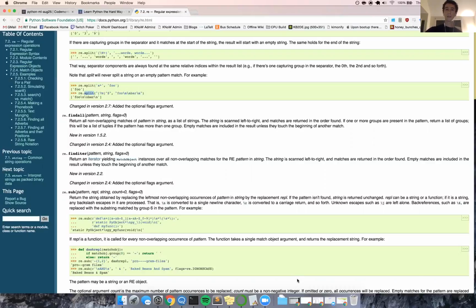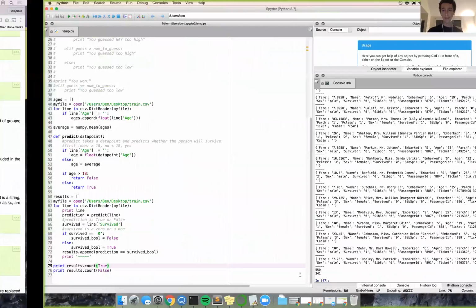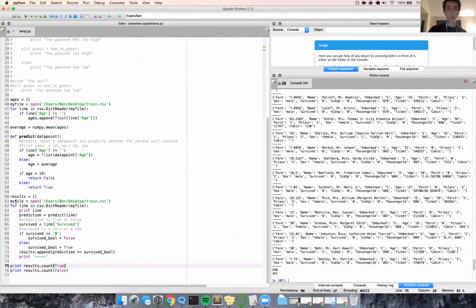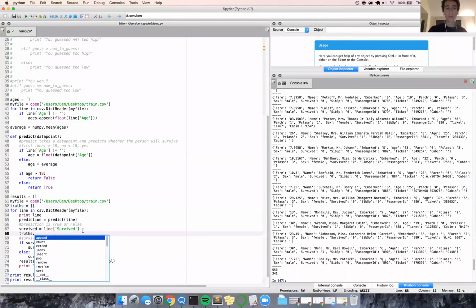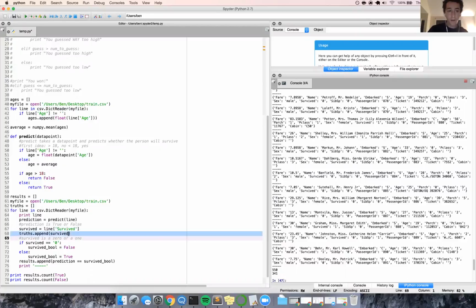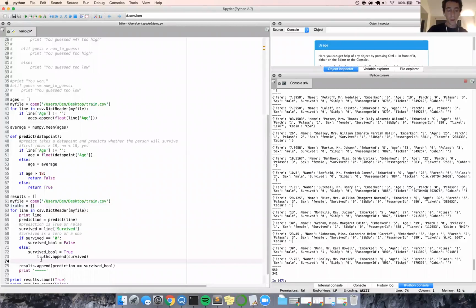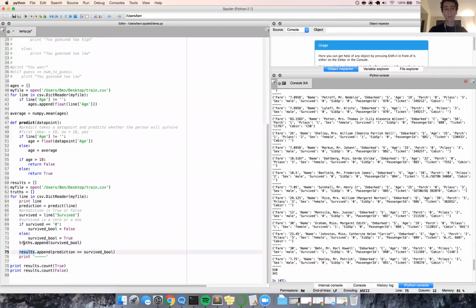And the reason for this is, let me just go through our data set right here. I'm just going to do this really quickly just for the sake of getting numbers. We'll call this truth, if I can type, truth is going to be a list. And all I'm going to do is say truth.append line through. We'll do the Boolean. And now instead of printing out the result, whether or not we're true or false, I'm just going to print out